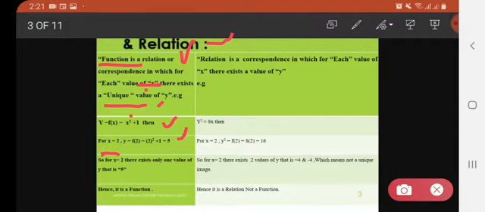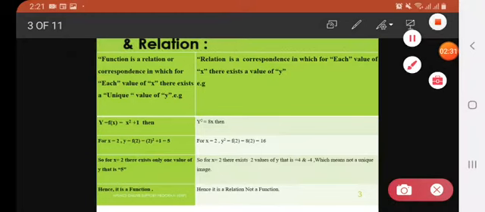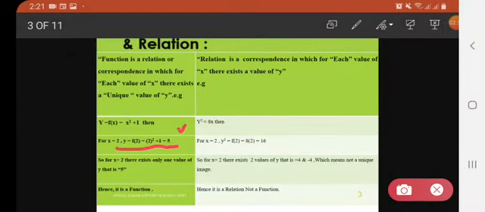So for x is equal to 2 you can see y is 5. So for x is equal to 2 there is only one answer of y, which means this is a function, unique value of y exists, right. यानी for x is equal to 2 हमें y का एक ही आंसर मिला है, कोई 2-3 आंसर्स नहीं मिले. It means only one answer, the only unique one, so it is a function.